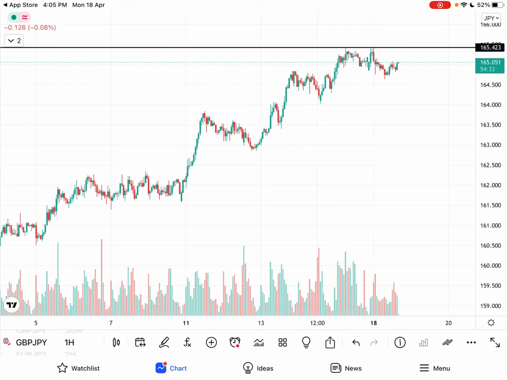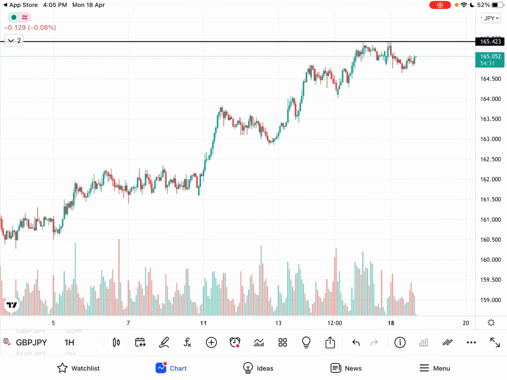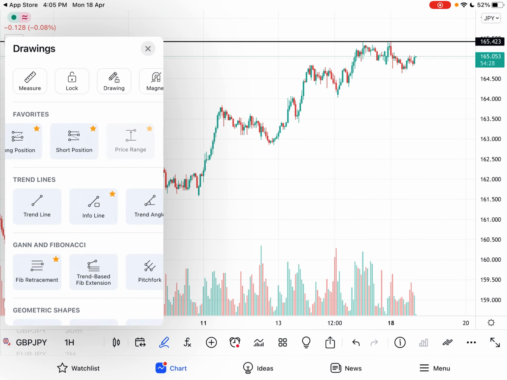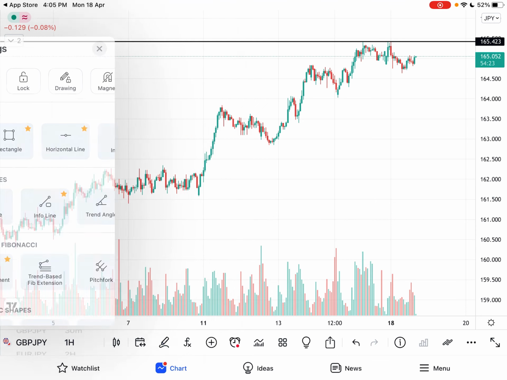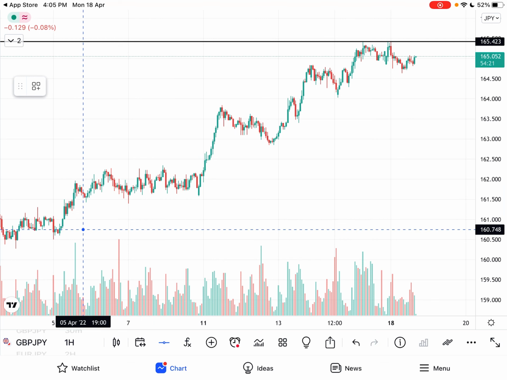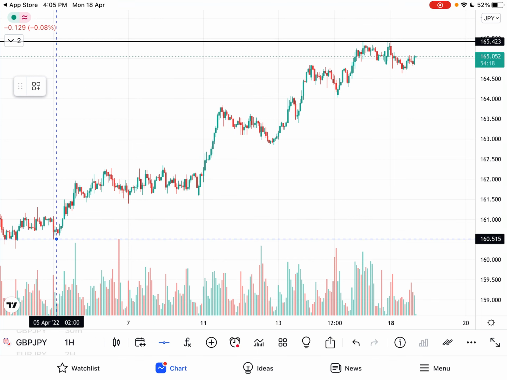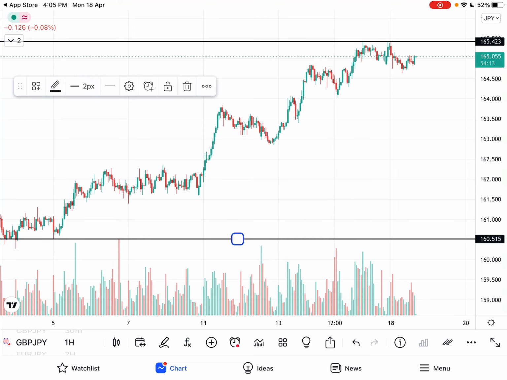And then I ask myself, okay, where do I see the lowest point the market has been, and that's going to be my support. So on the screen I scan and realize, okay, at this point is my low point, so I drop it there. And so now from a raw chart, I see that at 160.515 it is a point of interest. It is a support for me. That level is holding as a support, meaning that when the market came there, it prevented the market from going